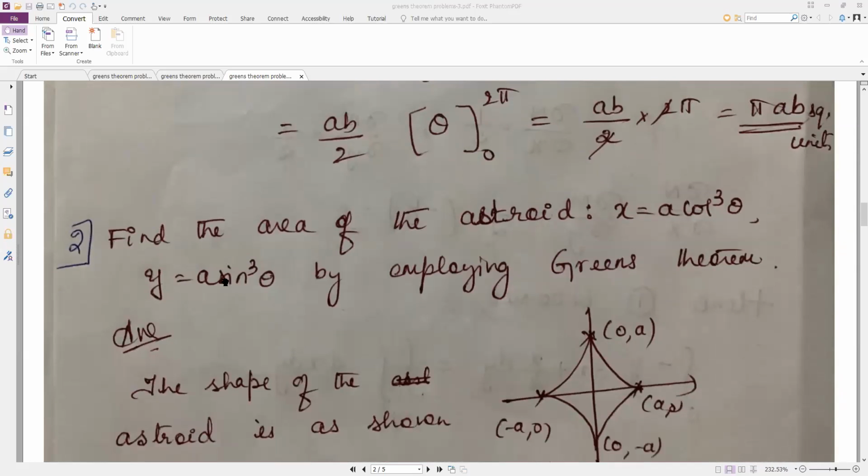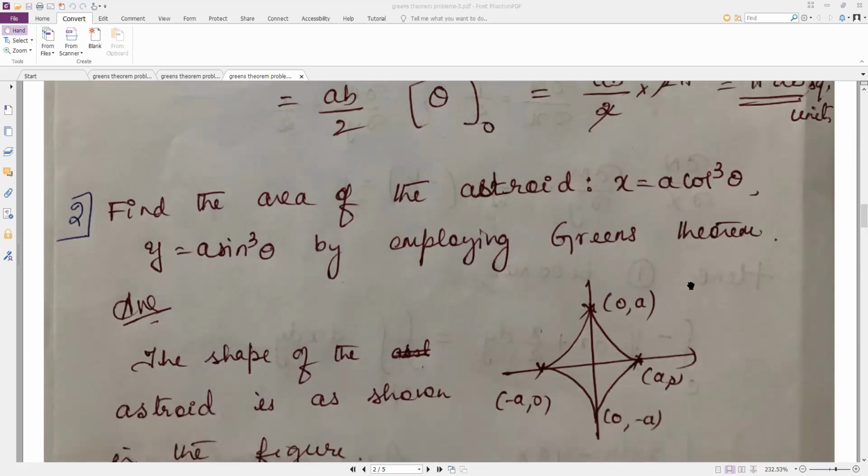Now second question. Find the area of the asteroid x equal to a cos cube theta, y equal to a sin cube theta by employing Green's theorem. Here they have given the